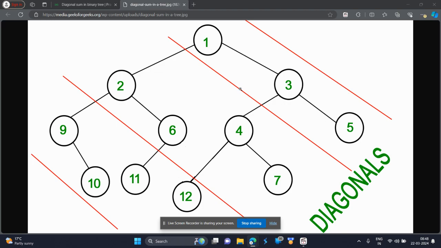Take another node, let's say 2. Where is its left child? In the next diagonal level. But where is its right child? In the same level, which means they should ring one bell. Left child will be at the next diagonal level. Right child will be at the same level. Okay,